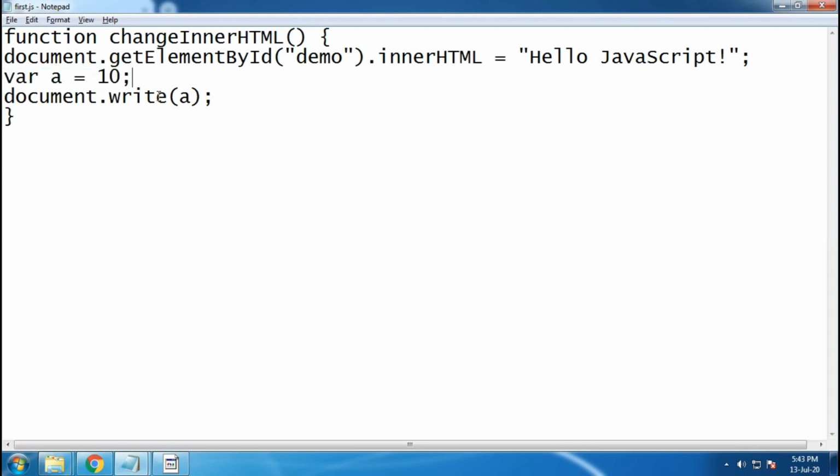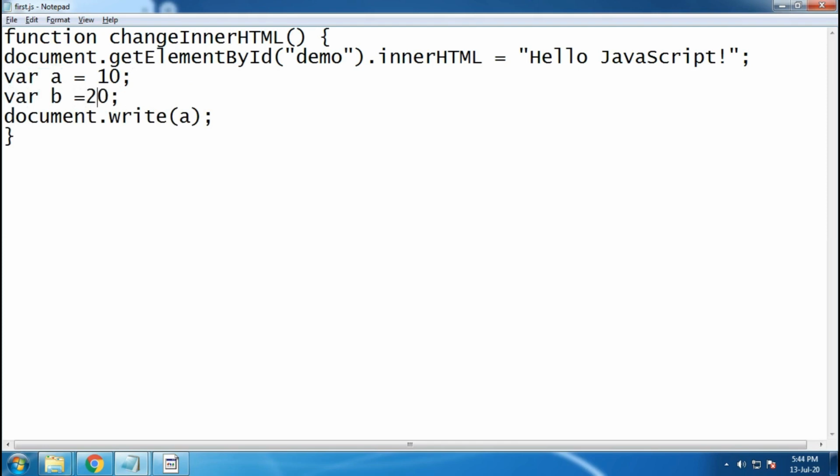So now you are seeing that we can store this variable a, and in the same way we can also declare multiple variables here. We can declare variable b and assign it 20. There is also another way to define variables.